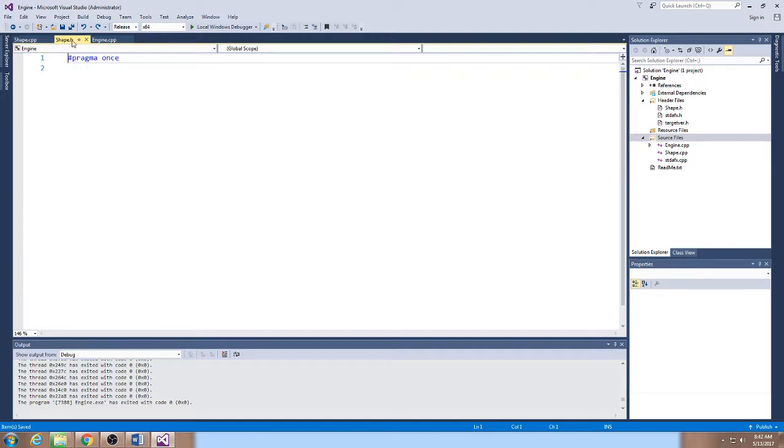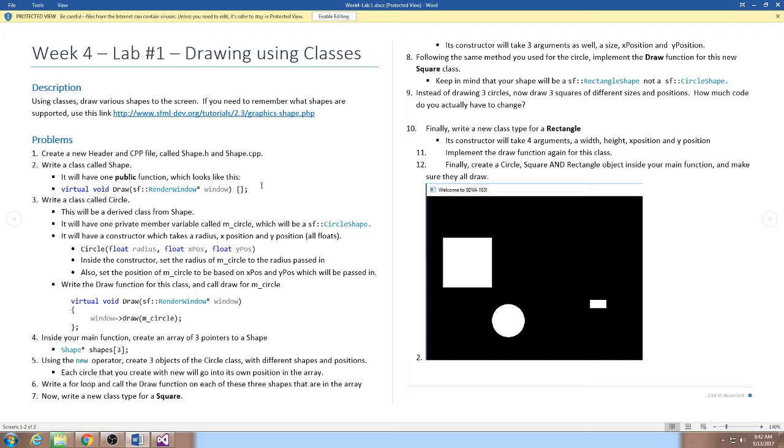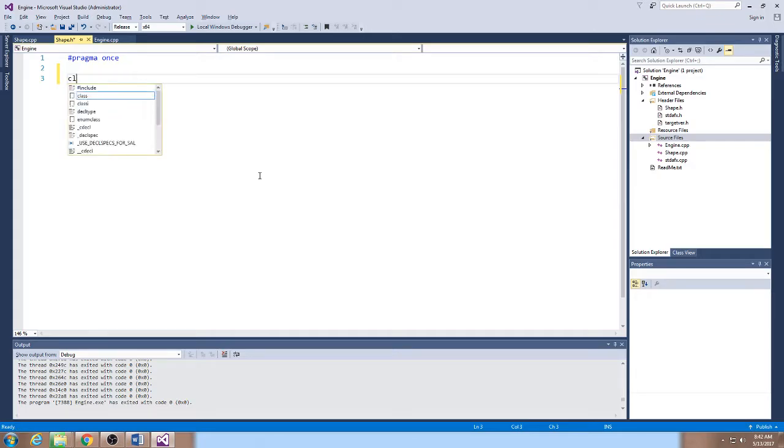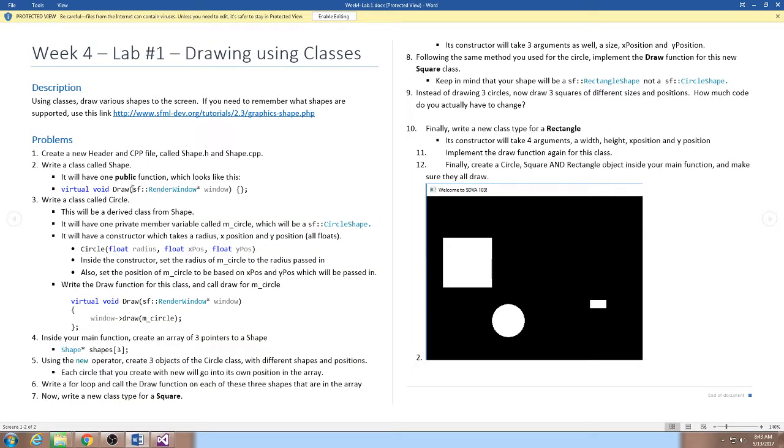Okay. All right, so going back to the lab, write a class called shape, which has one public function, which is virtual. And I'm going to go over what virtual is again. So classes are all declared the same way. They have the name of the class and then braces. And I'm going to create a public function, draw, and this is the actual function I want you to write,